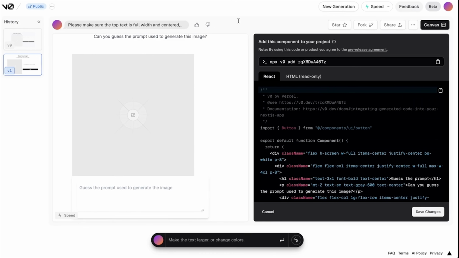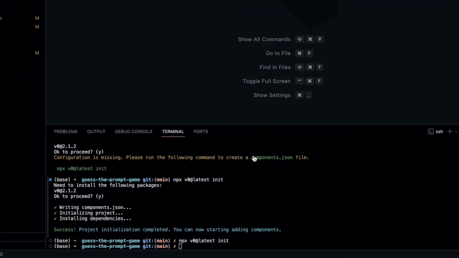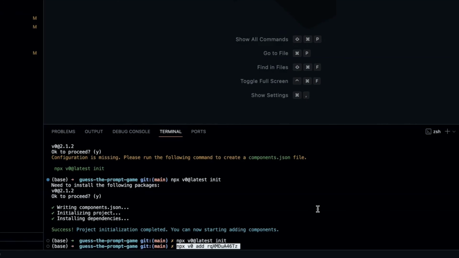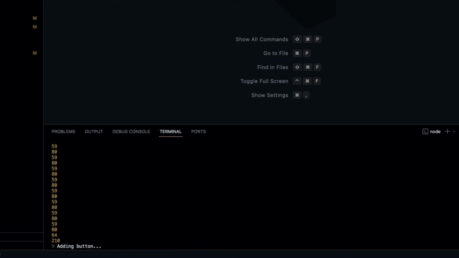So we can go back to V0 and copy this command again so that we can add this component to our project. We'll just paste it again in the terminal and we'll hit enter. And this time it's asking us what should we call our component. So this time I'll just call it the initial screen. We'll hit enter, and now it will inject our component that we generated in V0,